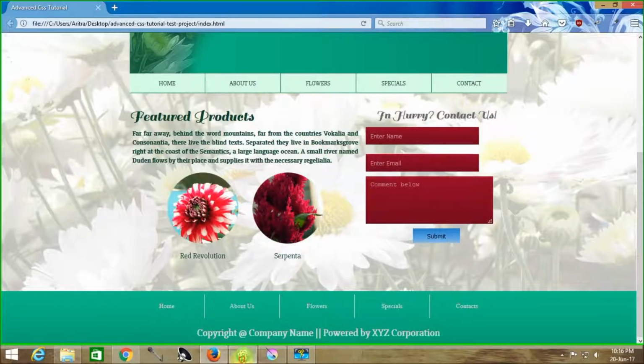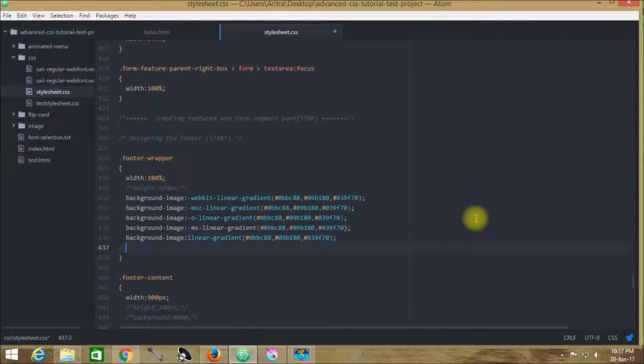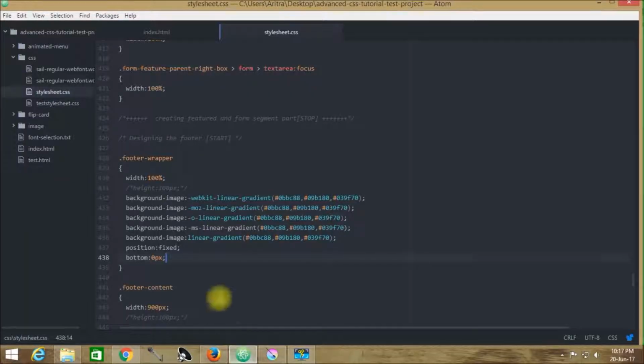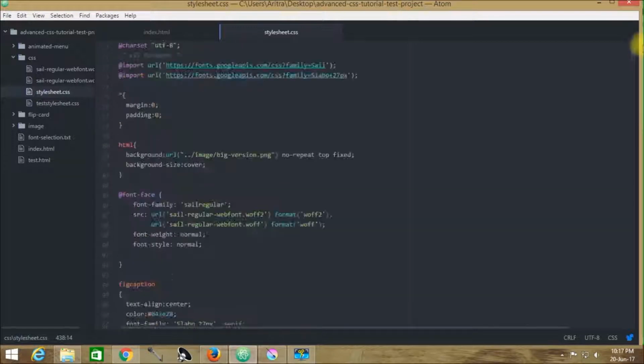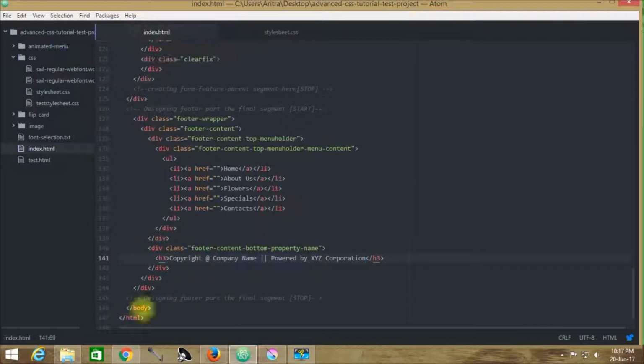Another thing, the last thing of this tutorial: if you want to make this footer element into a fixed position, all you need to do is go to this footer wrapper. Now here comes the actual width. Why did I particularly ask you to provide an outwrapper over here? Now you will see the purpose of this outwrapper and why we placed this footer element outside this outwrapper.